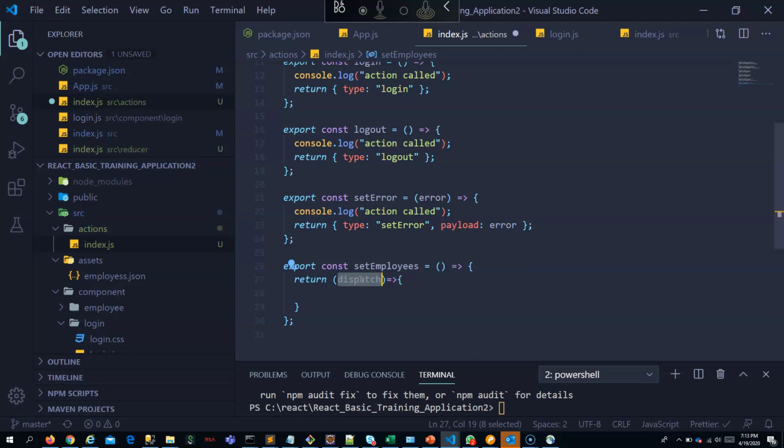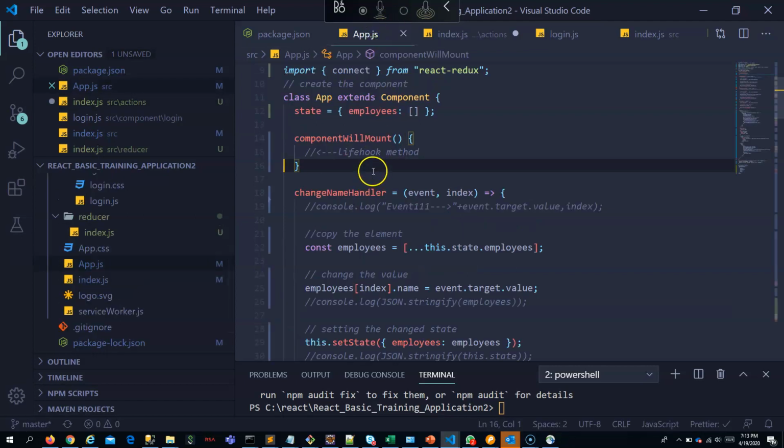When you use Redux Thunk, it will return a function with dispatch and getState. I am not interested in getState now, so I am just putting dispatch. Dispatch will be inserted by Redux Thunk here.